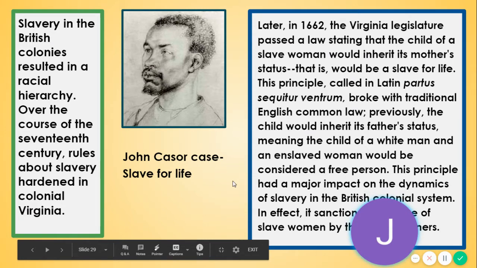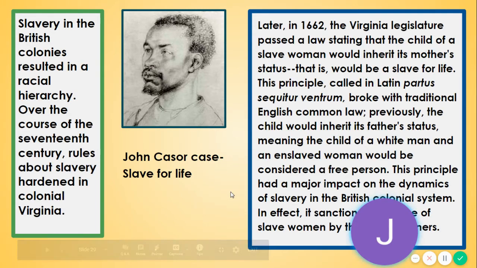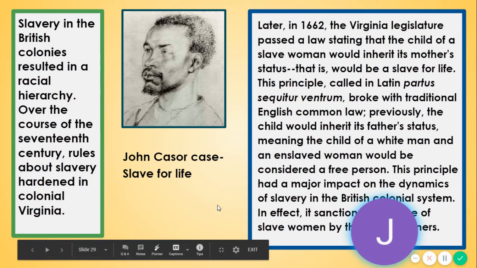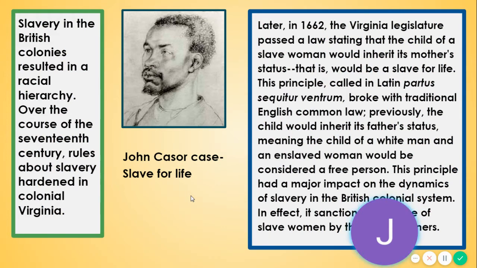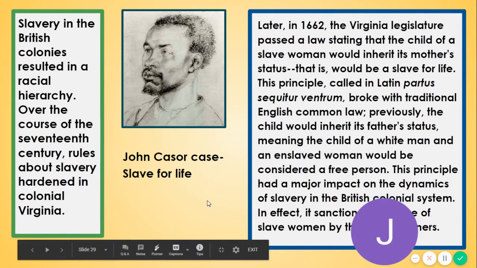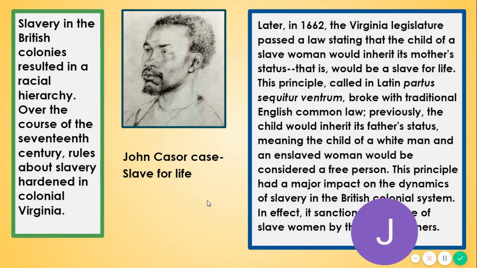Now, another thing about slavery in the British colonies is this racial hierarchy, which is what those elite planters in Virginia were hoping for as a way of suppressing future rebellion. So this idea of rules about slaves hardened in Virginia, meaning it just got stricter and stricter. We're going to have all kinds of codes. We're going to have slave codes, and we're going to have Jim Crow. We're going to have all these codes as a means of keeping enslaved Africans and then African Americans from rebelling